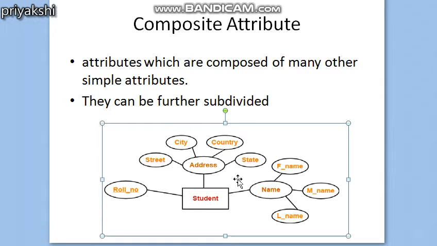For example, if there is no need to refer to the individual components of an address, such as zip code, street number, state or post office, then the whole address can be designated as a simple attribute. Remember this whenever you differentiate between simple and composite attributes.